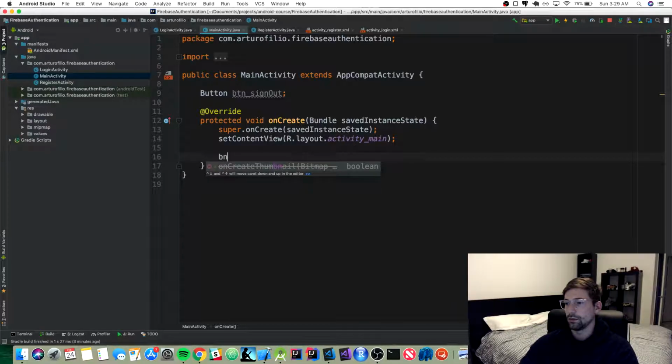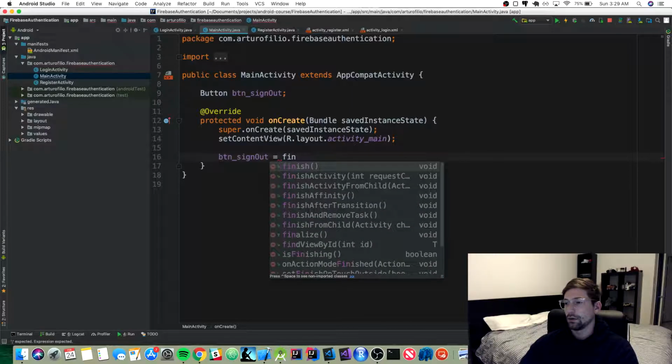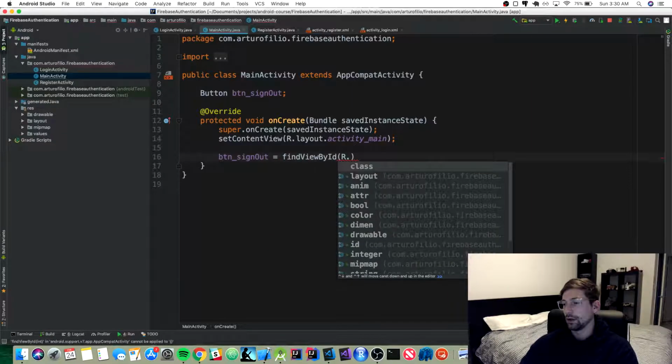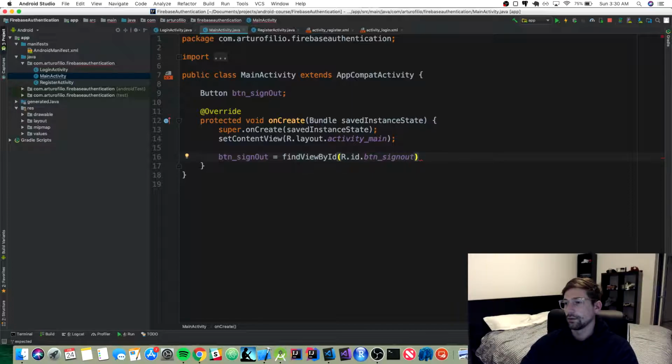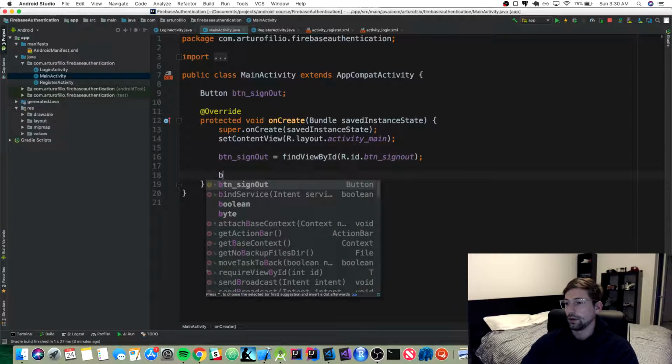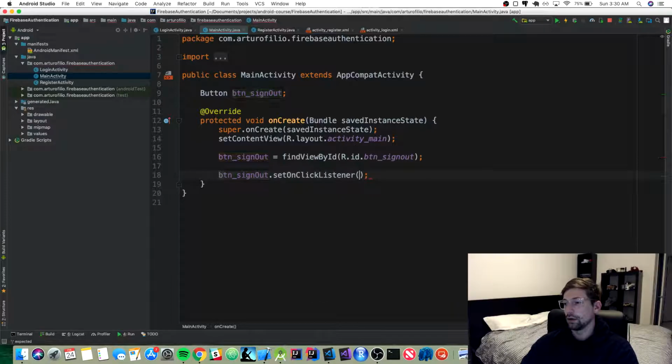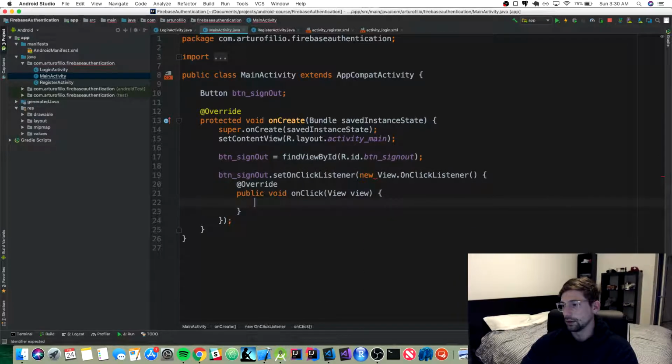Here we're going to do BTN sign out equals formula ID BTN sign out. And then we want to create the method with a set on click listener. So when this is clicked,